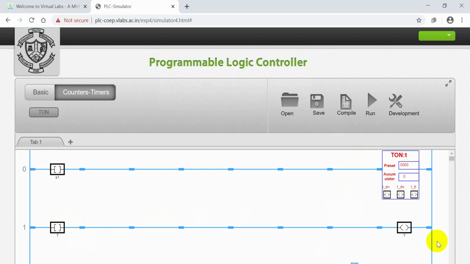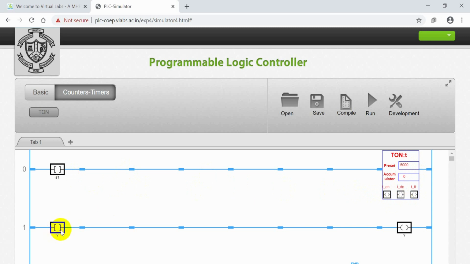Next, here are the enable pin, timer timing pin, and done pin. Enable means whenever the switch is on, it is immediately enabled. But only after 5 seconds or 5000 milliseconds does the done bit become high.